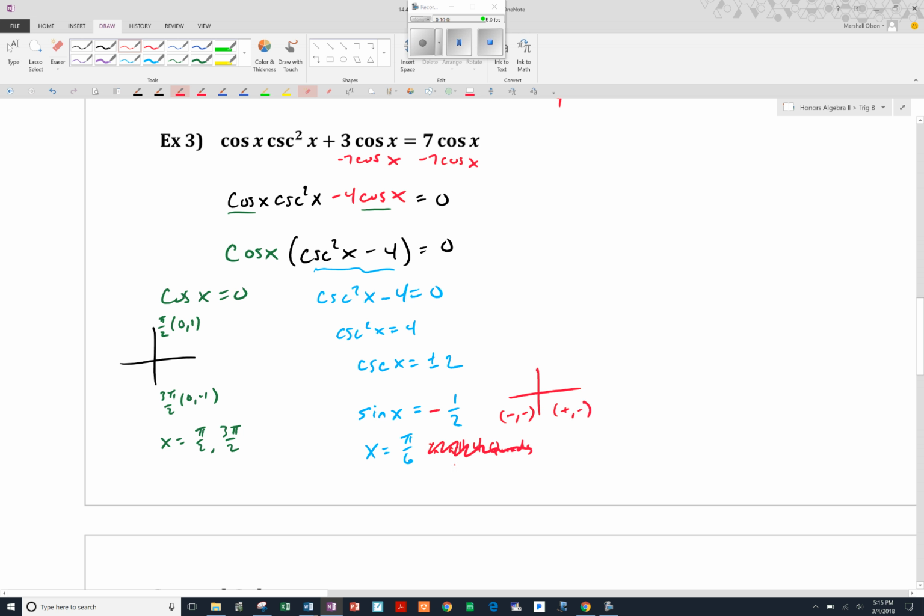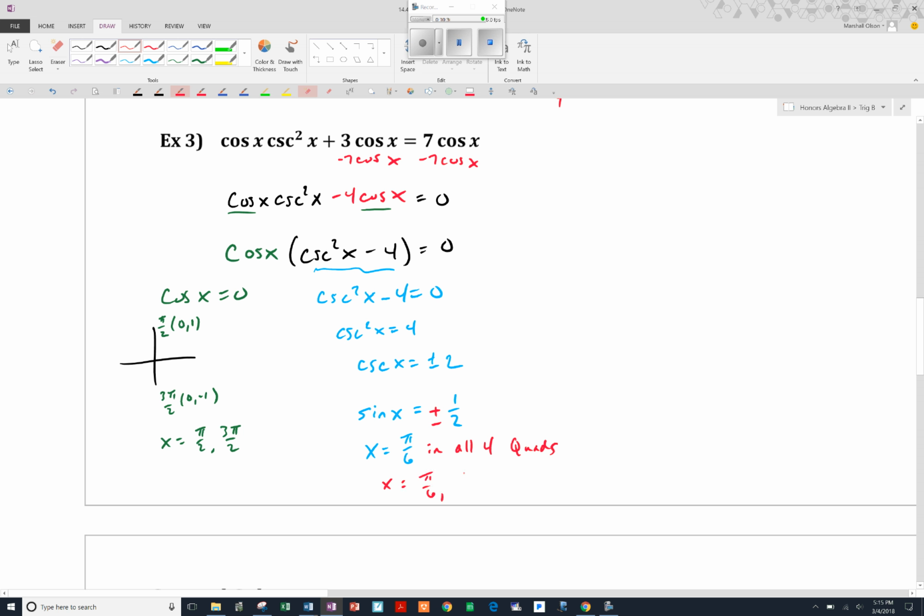So we would have said pi over 6 in quadrants 3 and 4, and our only answers would have been those angles in quadrants 3 and 4. But we didn't have that in this case. We had both positive and negative, so we're going to be in all 4. I think we have some on the back side that end up being in just one or two quadrants. So pi over 6 in all 4 quadrants leaves us with